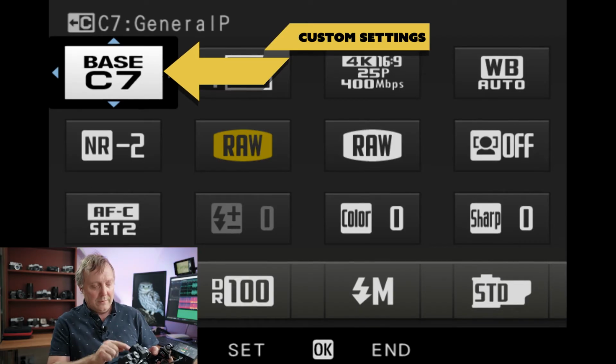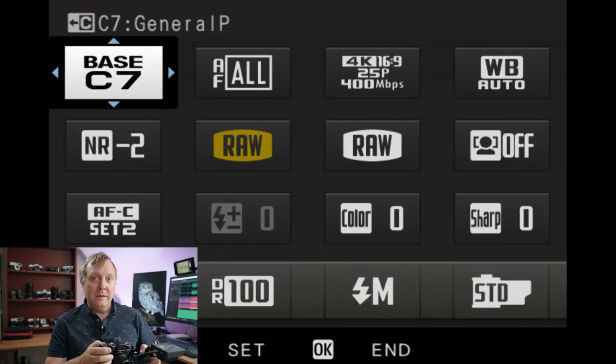Today we're going to have a look at custom settings on the Fuji cameras. Now, in the owner's manual it says you can save up to 7 sets of custom camera settings for commonly encountered situations. Save settings can be recorded using image quality settings. Select custom settings. You can also put that in your Q menu. So if you go into your Q menu on here, you can have your custom settings